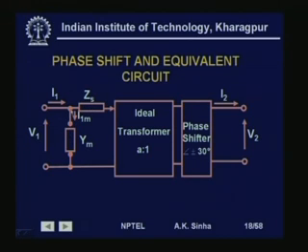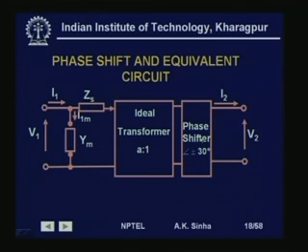That is, we have the shunt part taking care of the core losses and the magnetizing current, and the series impedance taking care of the leakage reactance and the resistance of the winding. This is the ideal transformer, and we have added a phase shifter of 30 degrees,